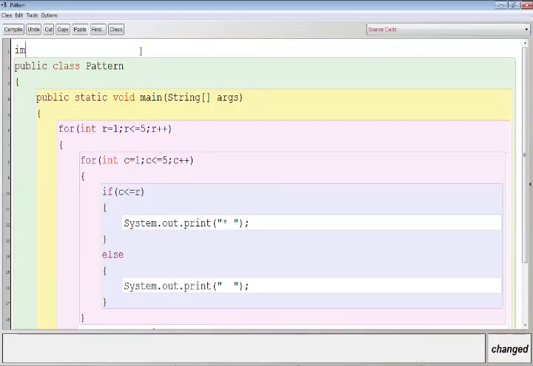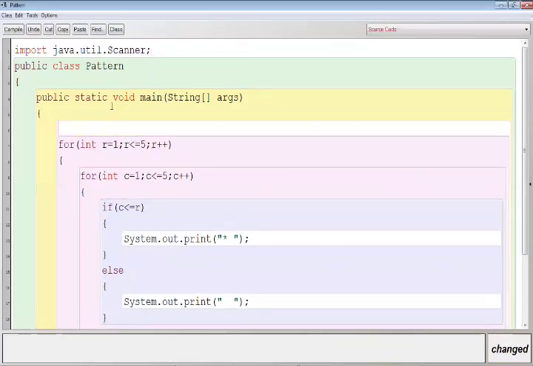Let me use scanner. Import java.util.Scanner. Let me create the object of scanner: Scanner scn is equal to new Scanner, and then let me write here System.in.